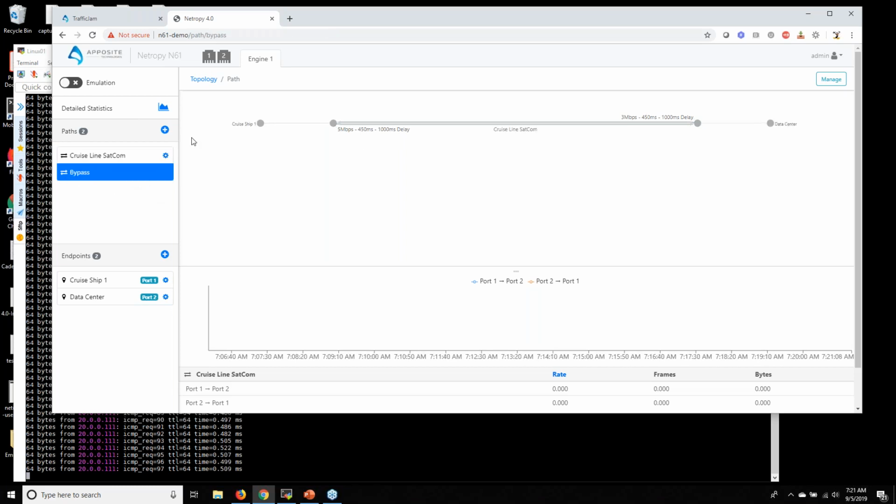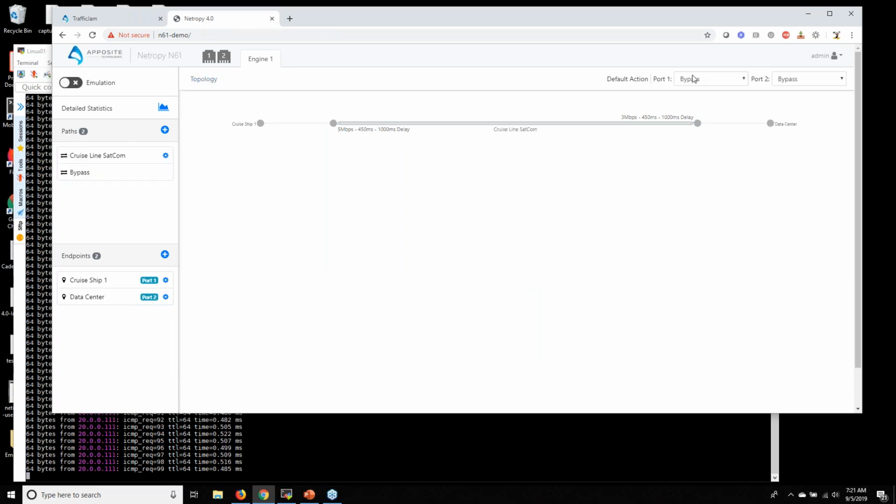That's because by default, all my traffic is running over bypass and my emulation is turned off. So if I did everything correctly, if I turn on emulation, we should now see really ugly ping times, which we do. And we are now taking on those characteristics of the SATCOM cruise line network.